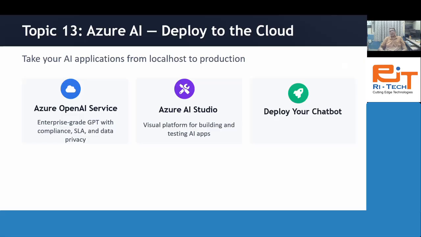Then learn to deploy your chatbot application, or any application that you develop, say your capstone project. Here we'll use Azure App Services plus a CI/CD pipeline. Here we'll cover MLOps.